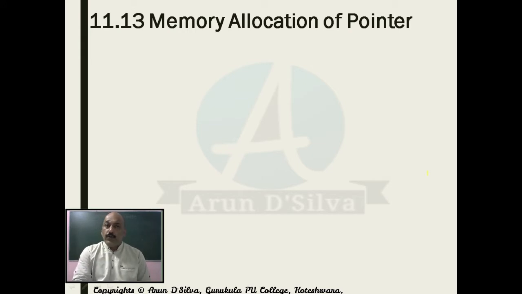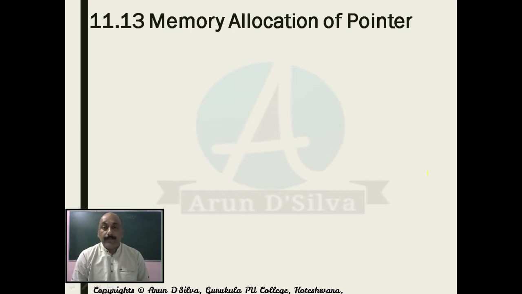I already showed you the memory representation. When a normal variable gets created, the compiler first sees what type of variable it is, meaning the data type which is used. According to that, that many locations will be reserved in memory for that particular variable.